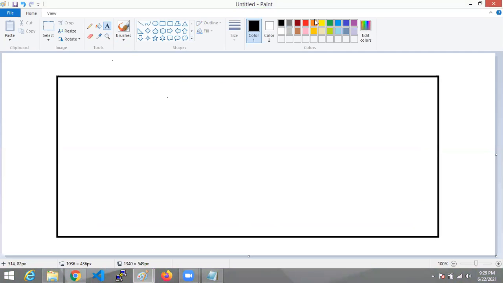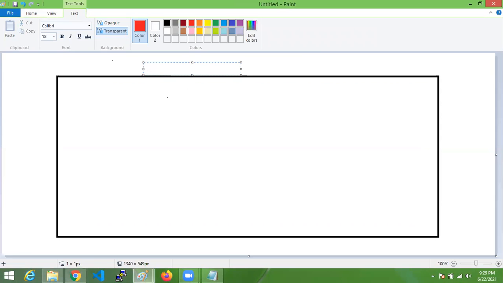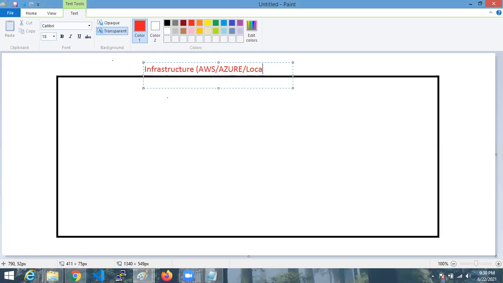This infrastructure can be the AWS cloud, or Azure, or local, or we could say on premises.